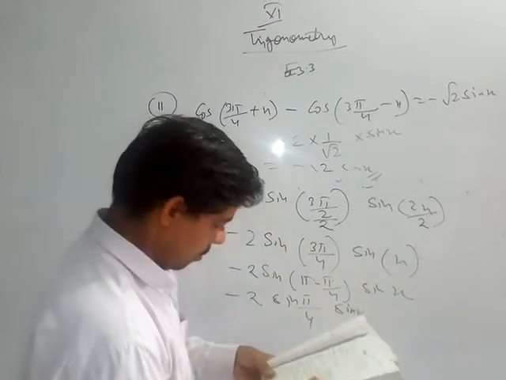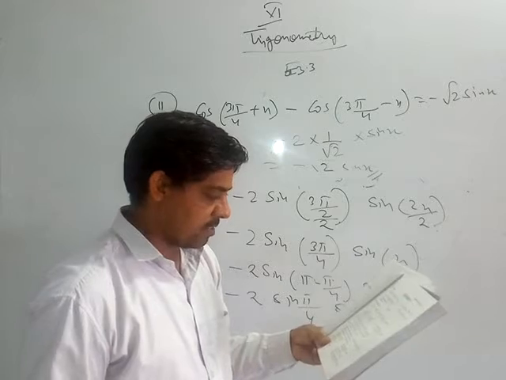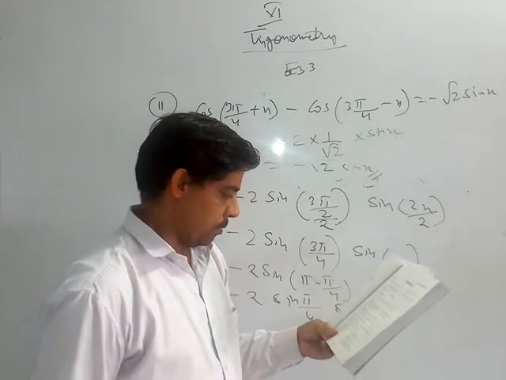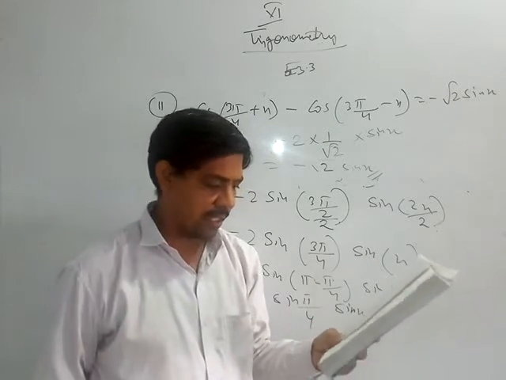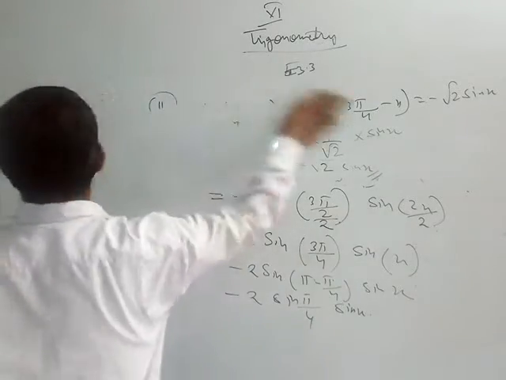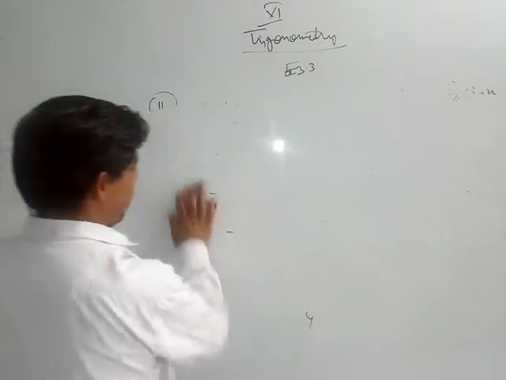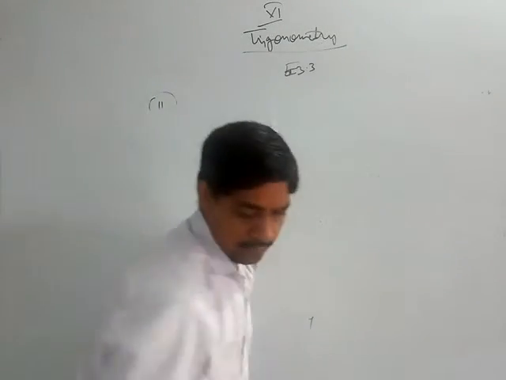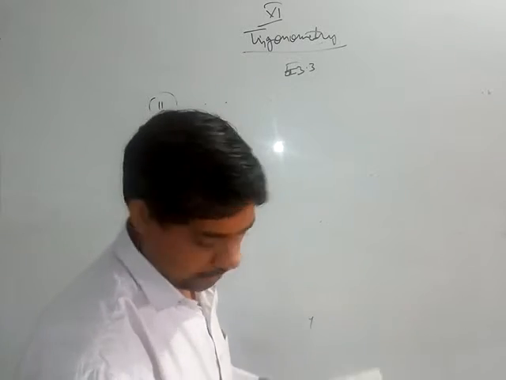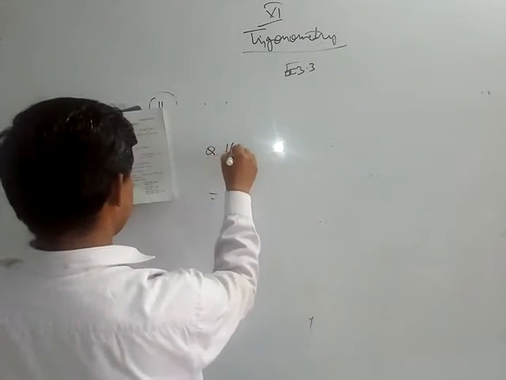Now the remaining questions, if you have tried them, then you will understand what I am talking about. Suppose you take question number 16. Today we will do these cos C plus cos D identities only. So let's do them. Cos C plus cos D identity and sin C plus sin D identity are very important ones. So we have this question number 16.